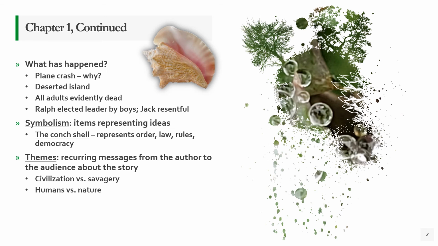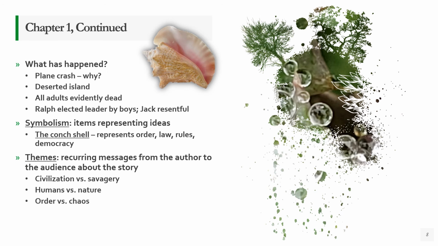And of course, they are humans interacting with nature here, and nature seems to be very unforgiving. For all we know, nature is what has caused them to get here in the first place, right? Was it a storm that brought the plane down? The plane is obviously gone because of a storm. And a tropical storm without shelter is something that in some cases is not survivable, especially for boys in this situation.